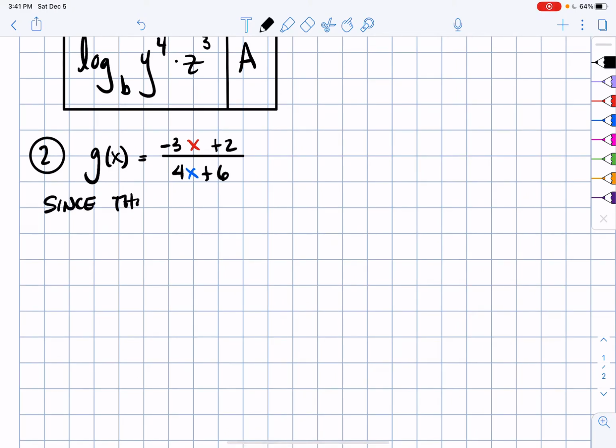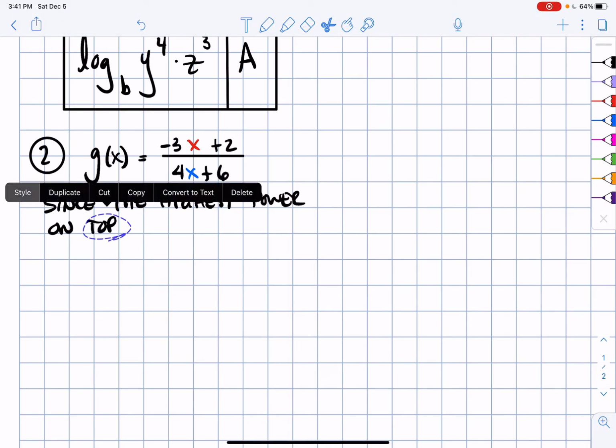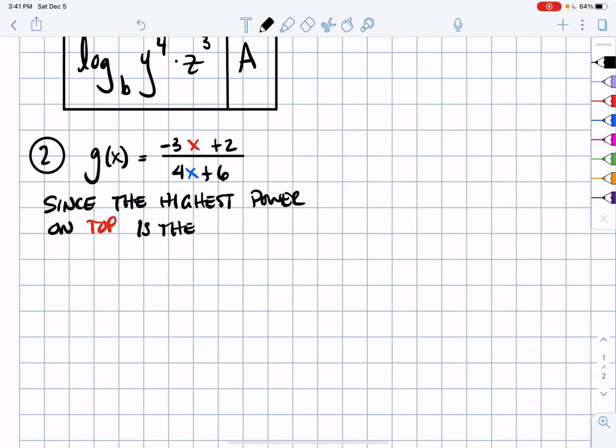Since the highest power on top is the same as the highest power on the bottom,